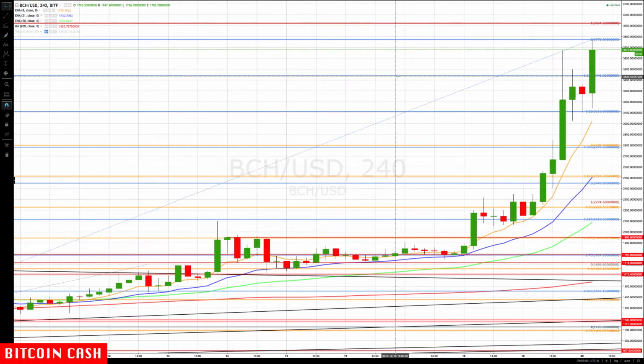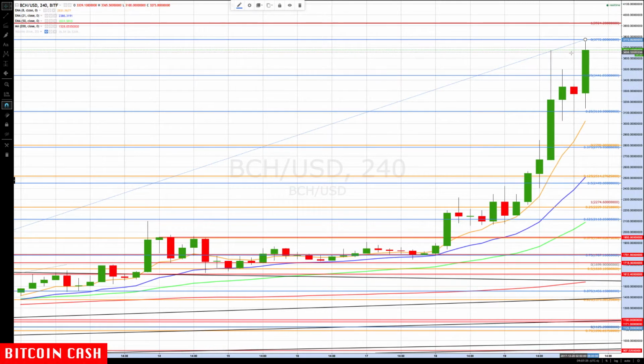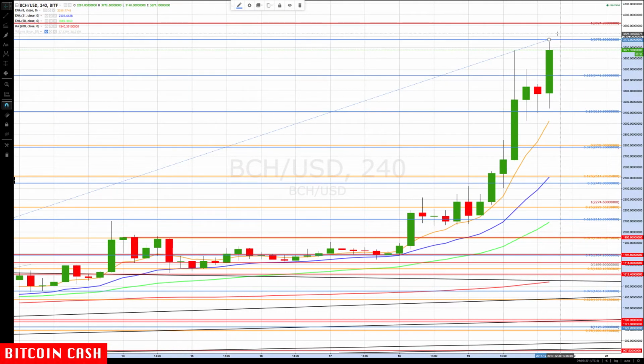When a move goes vertical like this, there's no knowing when it will end and how it will pull back, but generally it can pull back rather abruptly. So we're watching for any pullbacks. As price goes up, we just keep raising it higher, and then we're watching for a pullback with a close below the 0.125% pullback level. Right now this is at 34.41,